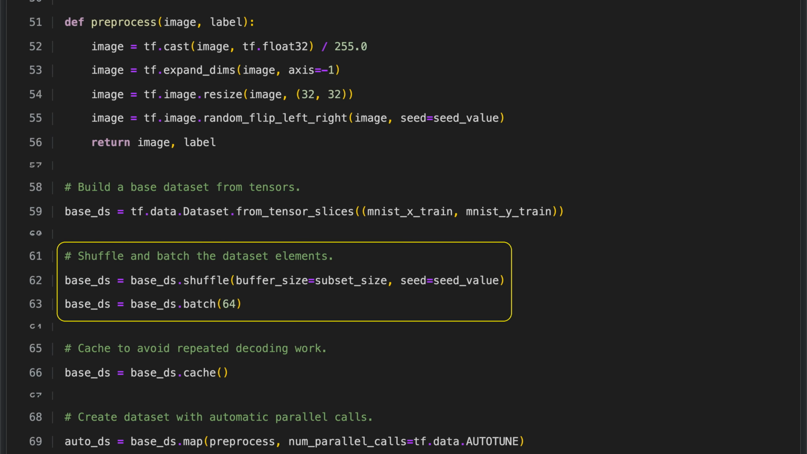The dataset is first shuffled using a buffer the same size as the subset, so the data is thoroughly mixed, which helps reduce order bias during training. A fixed seed is used, so this shuffling is consistent across different runs. After shuffling, the data is split into batches of 64 examples. Processing data in batches lets the model handle multiple samples at once, improving computational efficiency and helping to stabilize gradient